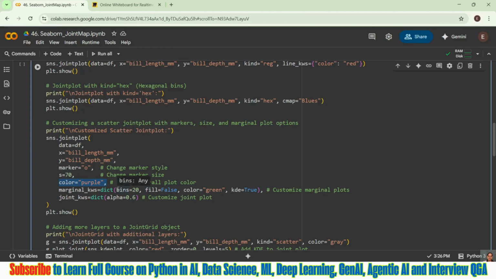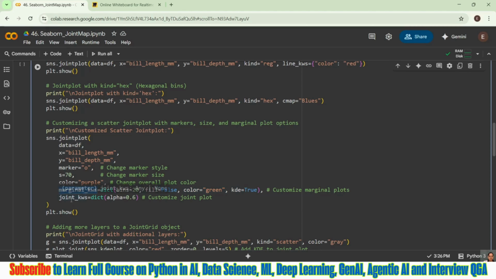I'm telling it that the kernel density bins are going to be 20, and fill equal to False. That means I do not have to fill my KDE plots. Color should be green, kde equal to True. So this is what I can give to my marginal plots.